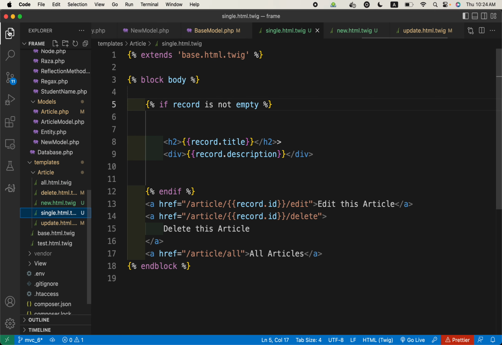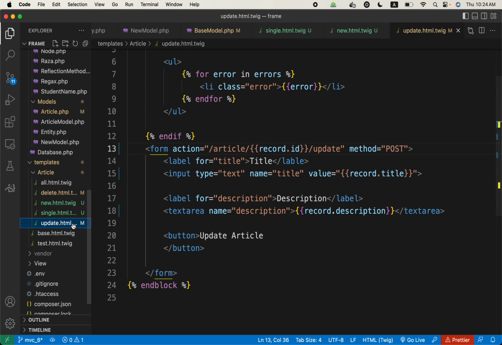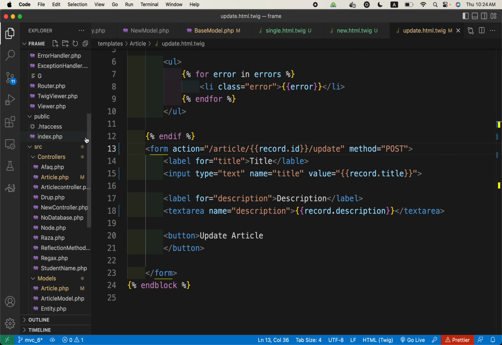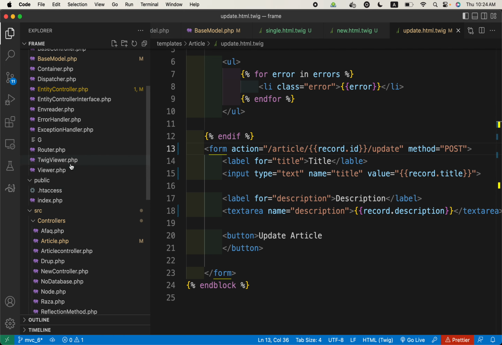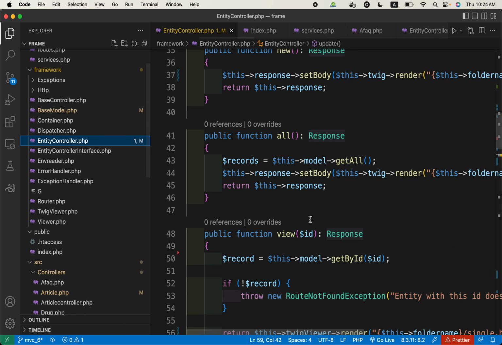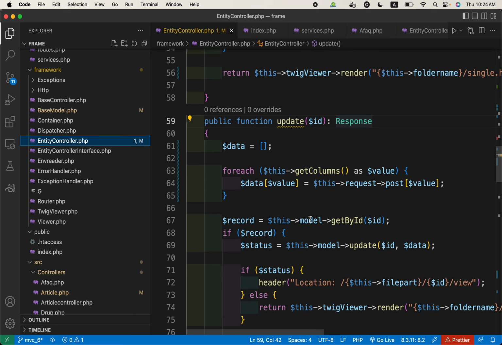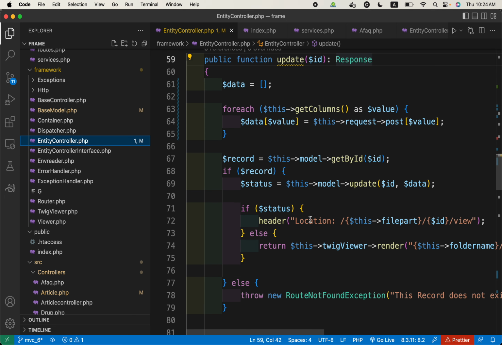I go to update, this record article update. So if update happens, in the entity controller update, we should be redirecting to